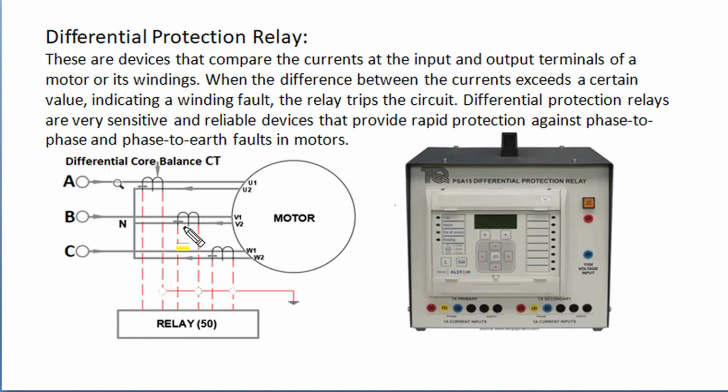Differential protection relays are the devices that compare the current in the input and output terminals of a motor winding, and if there exists a difference between the two currents exceeding a predefined value, then that indicates a winding fault and issues a trip signal to contactor circuits. Such differential protection relays are very sensitive and reliable devices that provide rapid protection against phase-to-phase and phase-to-earth faults in